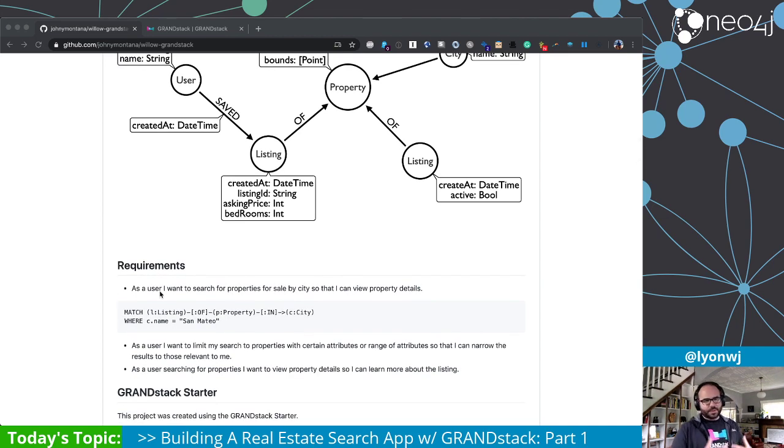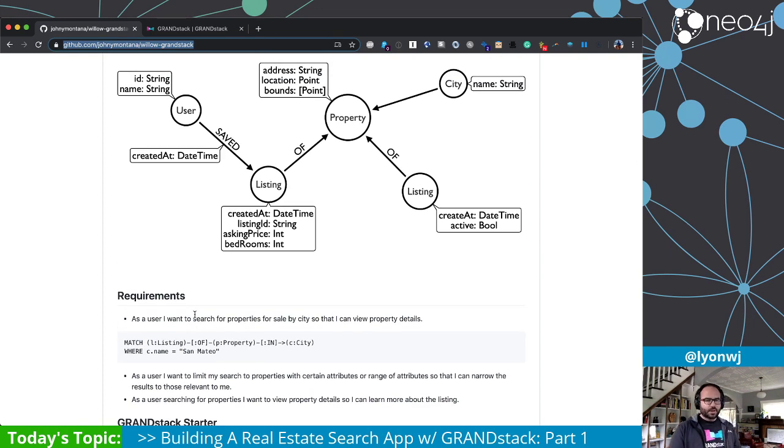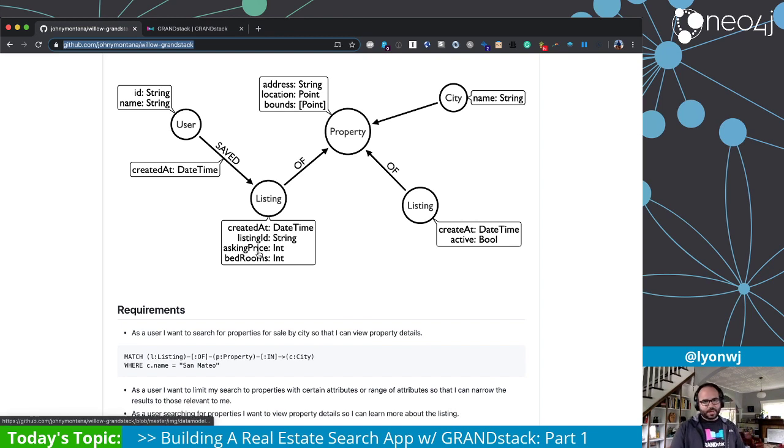So as a user, I want to search for properties for sale in a specific city so that I can view property details. And I want to at least think of some traversal through the graph. If I can write the Cypher query for it, that's great, so that I know that, yes, this data model addresses the requirements of my application, right? So let's take a look